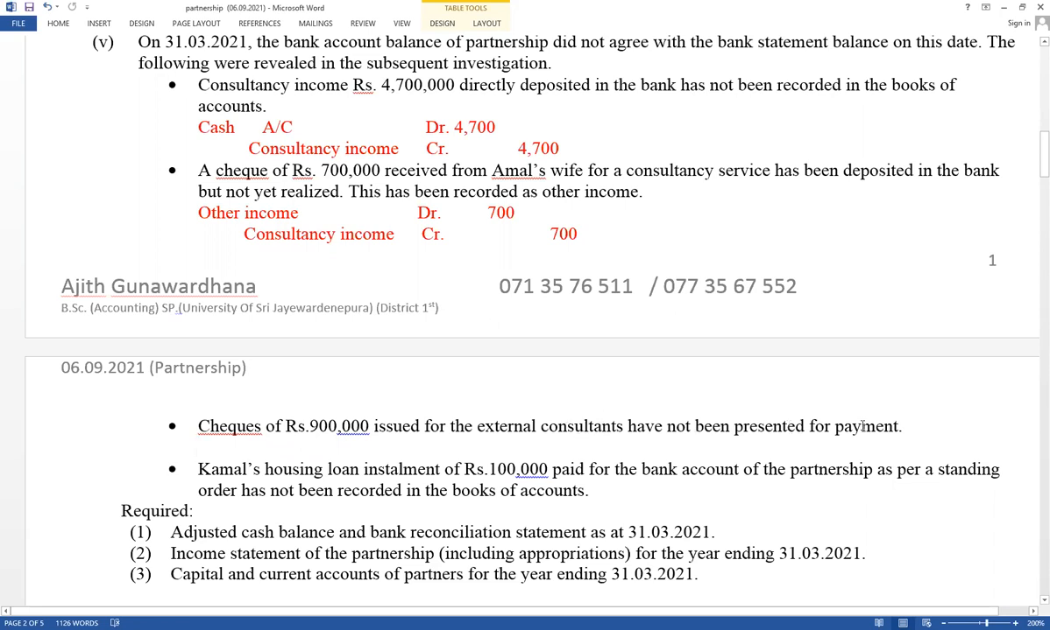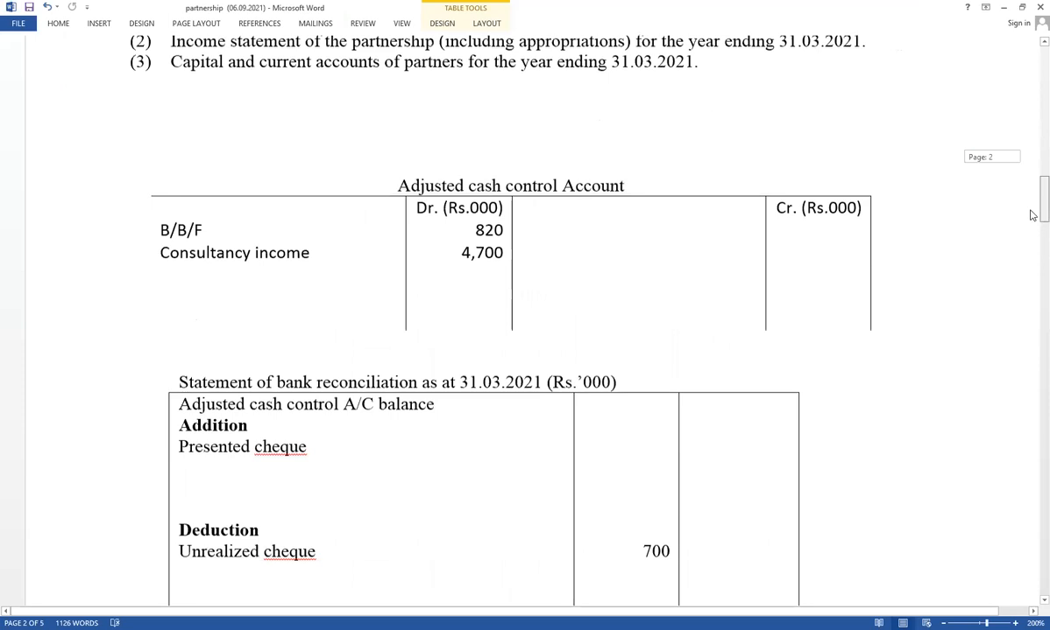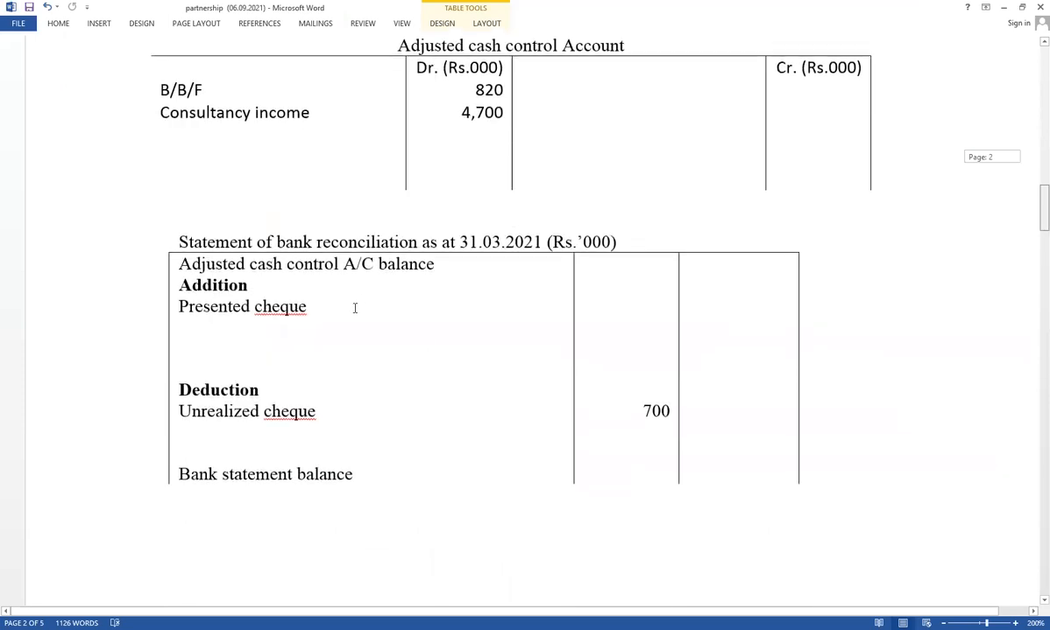Not presented for payments. This is unpresented checks. It should be recorded only in the bank reconciliation statement. Therefore, it should be recorded as unpresented in the statement of bank reconciliation. Value equals 900,000. Therefore, here under addition